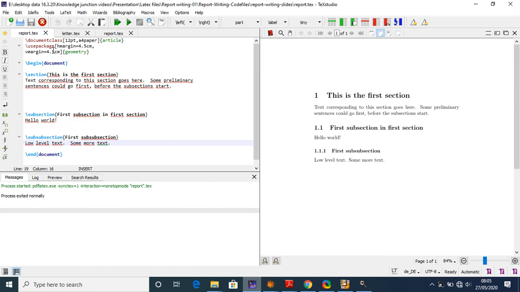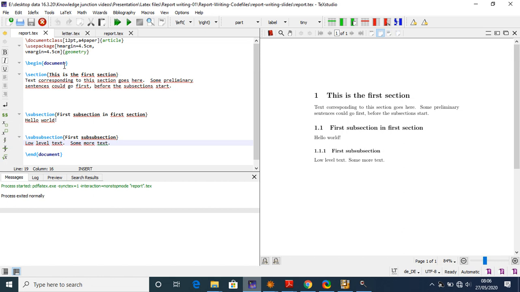Here I give the margin, horizontal and vertical margin. So hmargin, that is horizontal margin 4.5 centimeter, vertical margin, that is also 4.5 centimeter, and I use the geometry package in this, and then I start the document, that is backslash begin document.